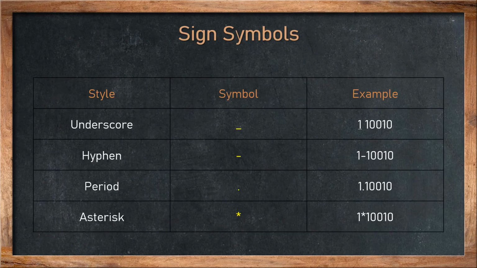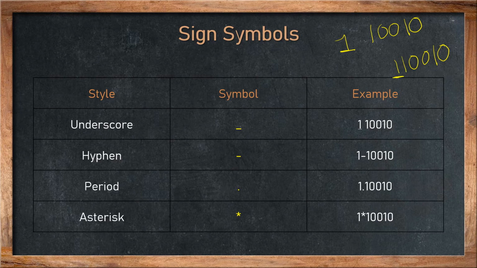Okay, now here we have some signs and symbols for the negative numbers, to display negative binary numbers, right? So see, suppose I have a number 10010. This is my number, and I want to display this number as a negative number. In that case, what is the sign bit? It would be 1. But how will I know? If I write 110010, how will I come to know whether this is a data bit or a sign bit?